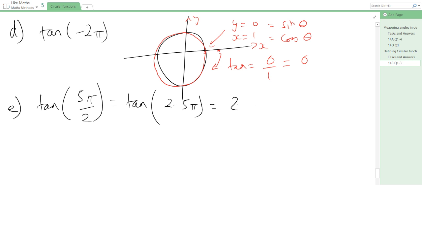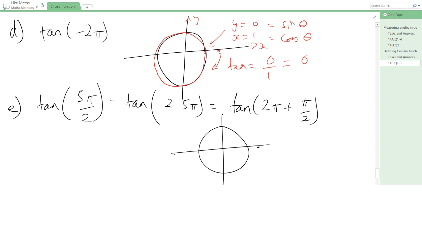So that's really like saying tan of 2 pi plus half a pi. So on the unit circle, again, it's positive, so we're going anti-clockwise. It will sweep out a whole rotation, plus, now pi by 2 radians is 1/4 of a rotation around